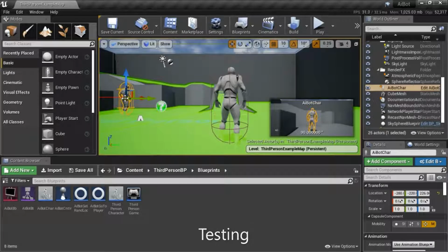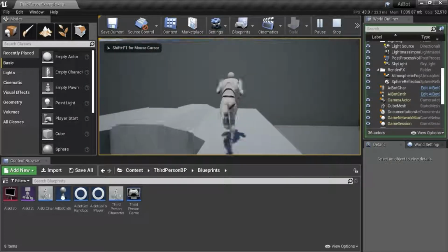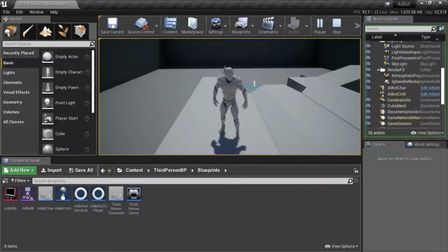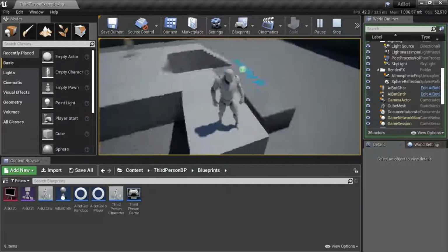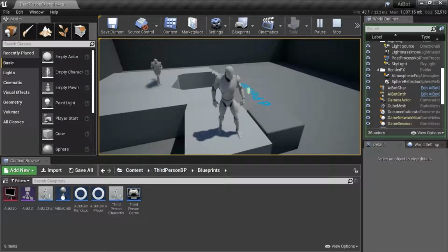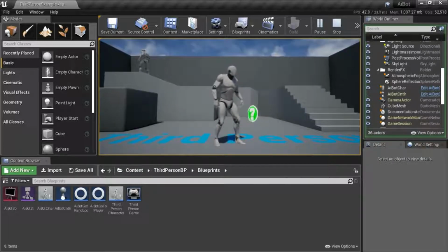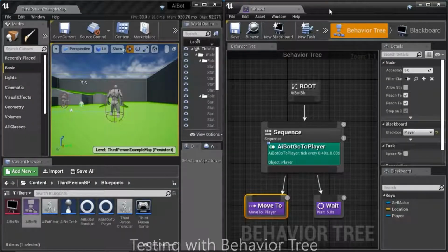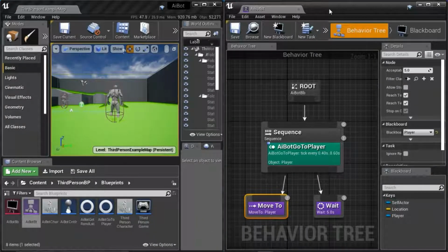I already added the AI Bot character to the scene. I'm going to press play to test. Now I'm going to run the program of the behavior tree showing